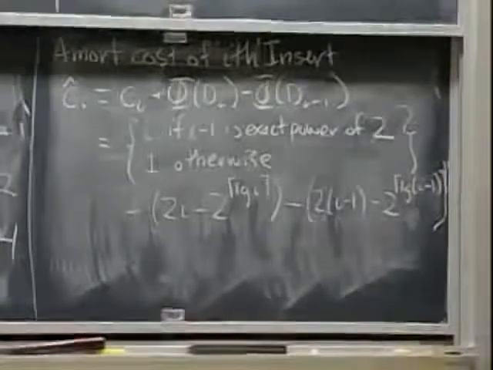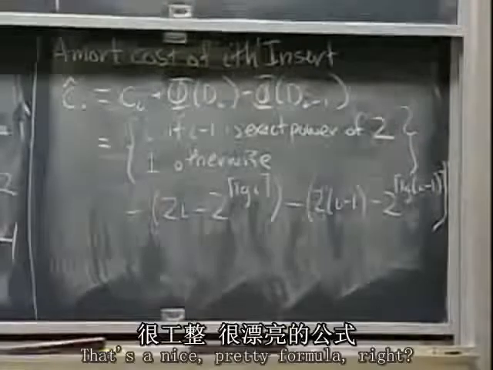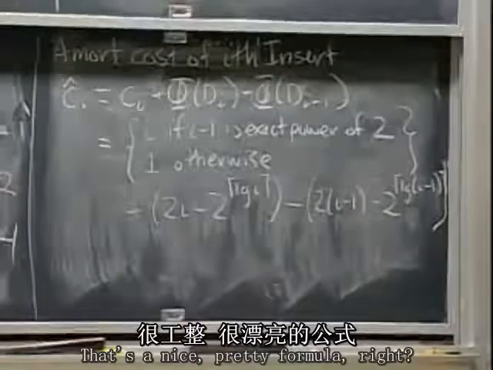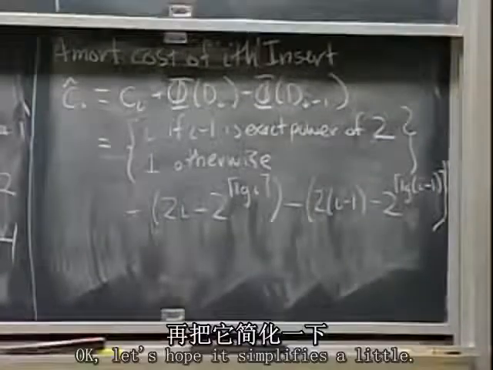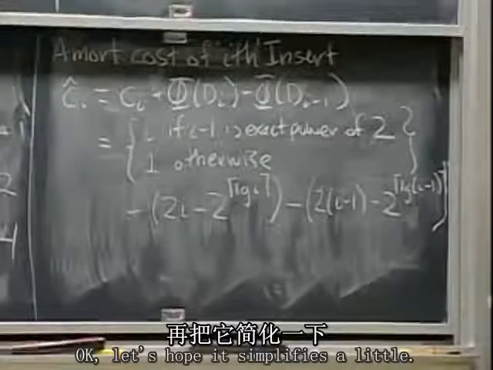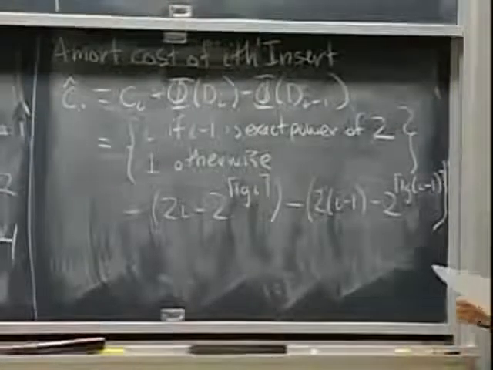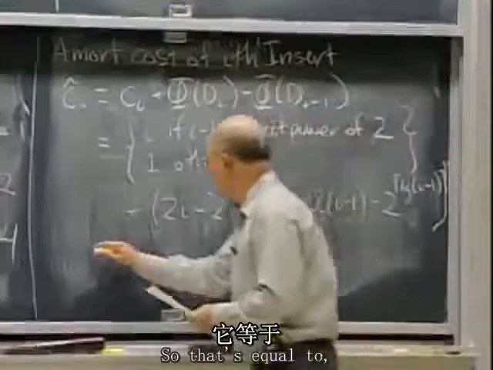Okay? So that's the amortized cost. That's pretty nice, pretty formula, right? Okay, let's hope it simplifies a little. Okay. So that's equal to,